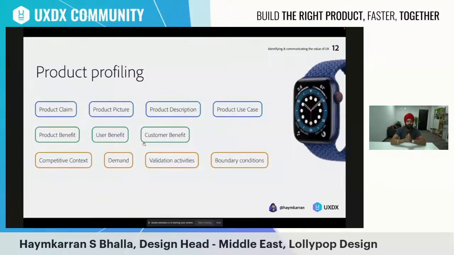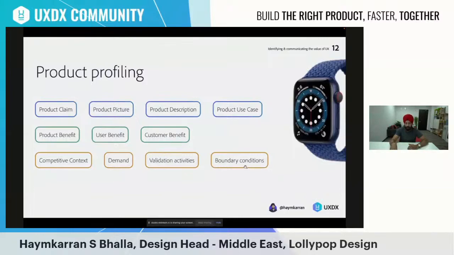Some of you might be confused why I have written user benefit versus customer benefit. A gym, for example, might buy a couple of Apple Watches for their trainers so that they are able to map statistics accurately for the members joining the gym. That's a case where an entity becomes a customer of Apple. The trainer or the person going to the gym, like you and me, are the users here. Imagine it in this context. So the entities could be high-level customers, and users are actual people who are going to use the product. Another thing to take care of here is boundary conditions.